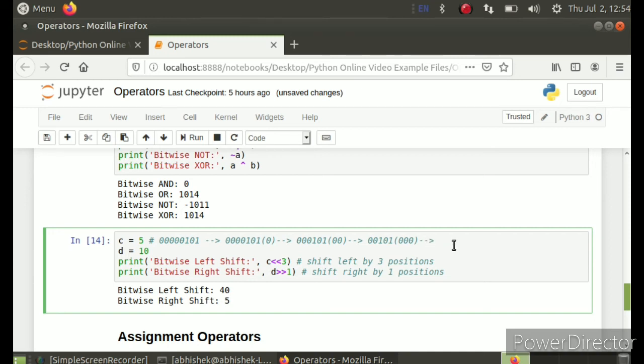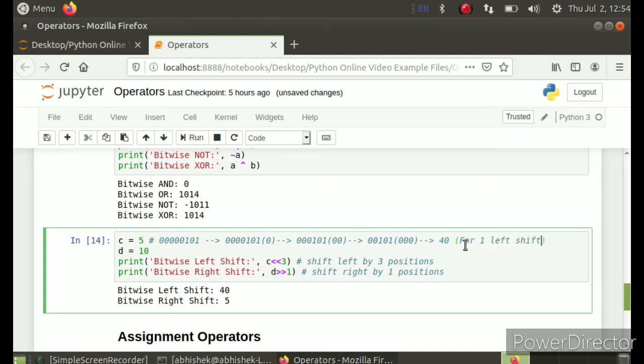Now one more new 0 has been added. And now this entire binary sequence, after getting converted into decimal, will be 40. So you have to remember binary to decimal conversion from digital electronics, and after converting into decimal you will get this result, 40.